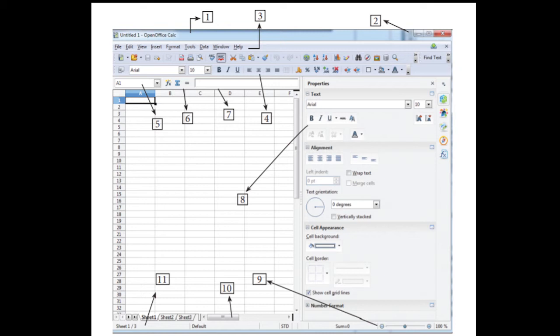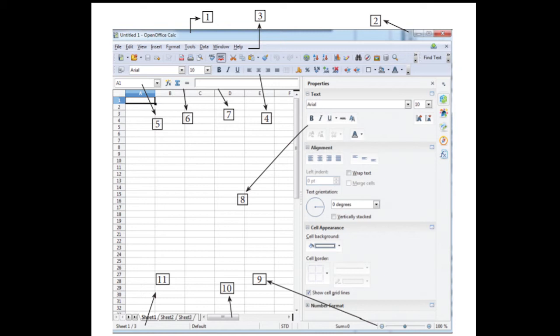And menu bar also, we know we have file, edit, view, insert, format, tools, data, window, and help, right? In file menu, we have create a new file, open an existing file, or close the current file. Edit means we'll have cut, copy, paste, undo, redo, fill, and all. View also, we can modify the view, how we are seeing that window, right? If you are not having some toolbar and all, we'll have it inside the view. And if you want to insert something inside this, insert a row, insert a column, or insert a cell, all inserting options will be inside this insert menu.